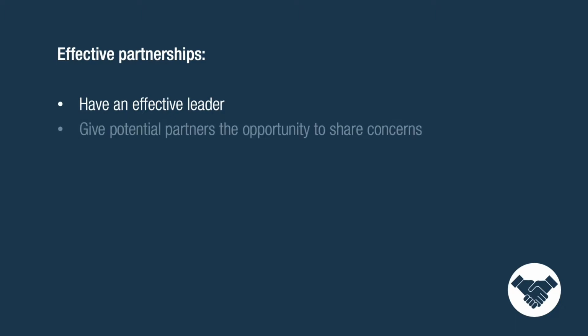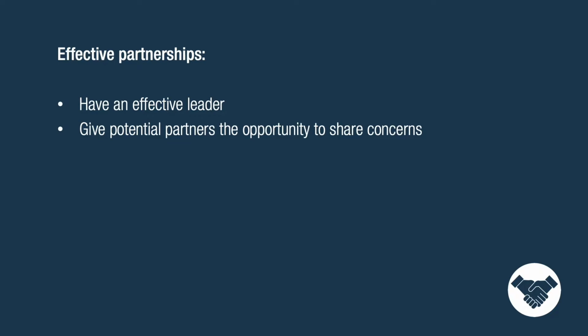Next, let's talk about what we mean by effective partnerships. Effective partnerships are defined by effective leadership. A great starting point, and one that effective leaders use, is to identify a vision of what the partnership's objectives are. In this process, you want to give potential partners the opportunity to share their concerns. Could the partnership potentially affect a group negatively if there are political issues or turf battles over funding? It's important to identify these kinds of issues, since fostering a sense of safety in discussing conflicts is critical for the partnership to succeed.